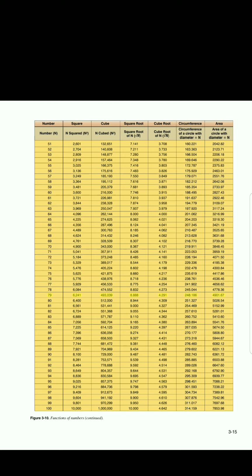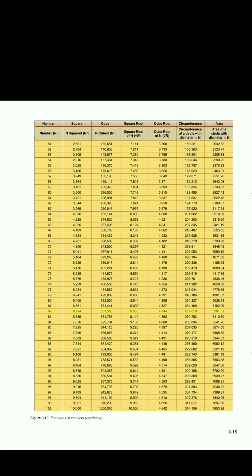493,039, 8.888, 4.291, 248,186, 4901.67. 80, 6,400, 512,000, 8.944, 4.309, 251,327, 5026.54. 81, 6,561, 531,441, 9.000, 4.327, 254,469, 5152.99. 82, 6,724,